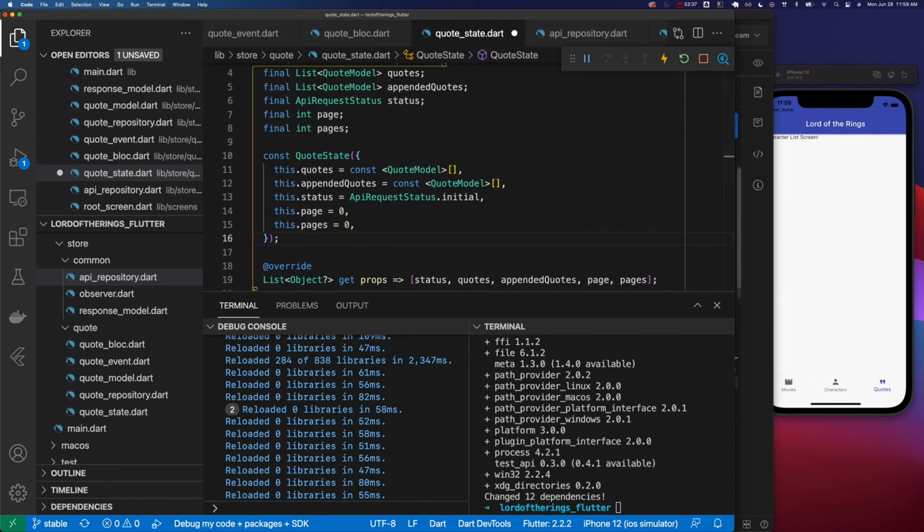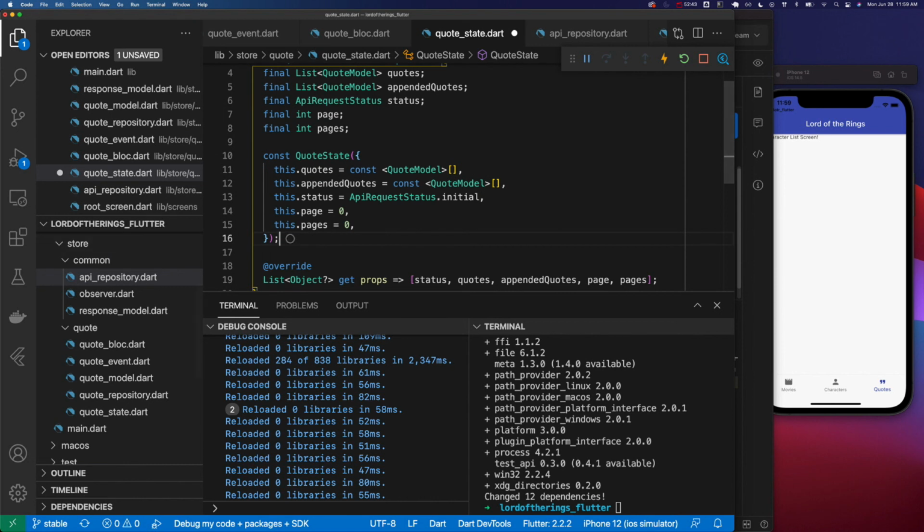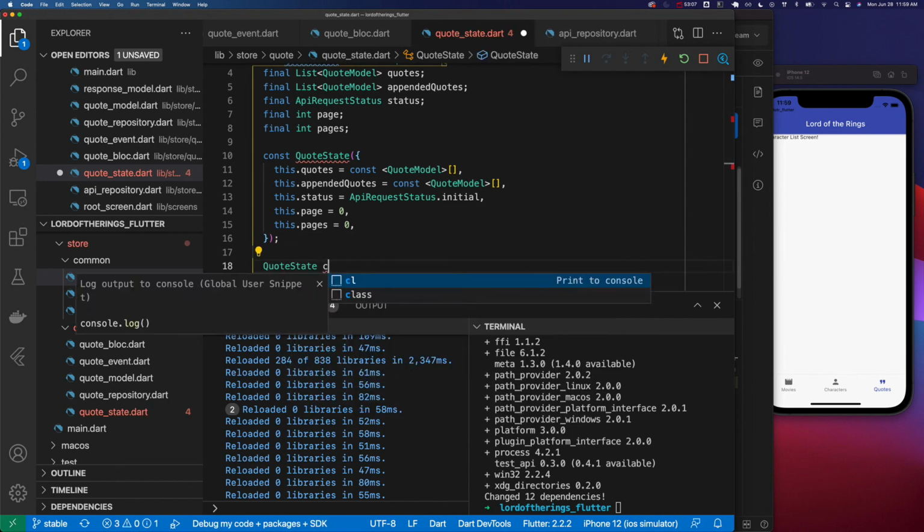Okay, and then lastly, with our state, the way comparables and stuff work is we need a way that, when we update the state, we can take the existing state as it is now and make certain changes to it, without having to completely rewrite it from scratch, which would slow down all your build methods and everything if it was a completely new instance. We just want to do essentially a copy with. So we're going to create that by going quote state copy with,